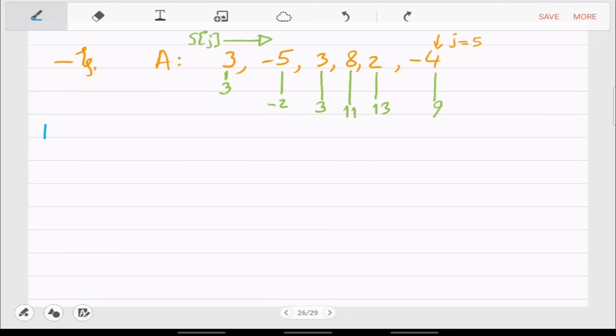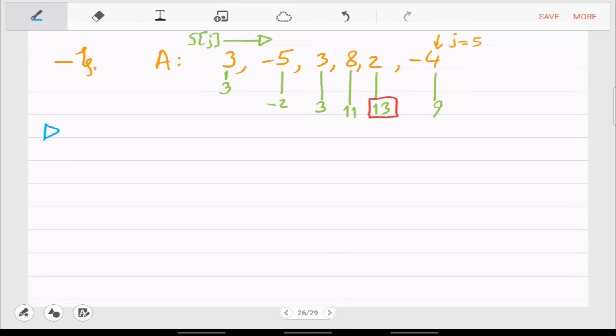So let me write down some basic observations. So first observation is that, well, okay, what is the answer to the original question, by the way? What is the max sum subarray of A? Yeah, so you look at these values and pick the max. So 13 is the answer to the original question. I haven't given the algorithm for the array. It's only an example. But yeah, if you are saying n square, good. So which means that the rest of the class wouldn't be a waste, because we'll show that it's order n. But for now, it's only an example.